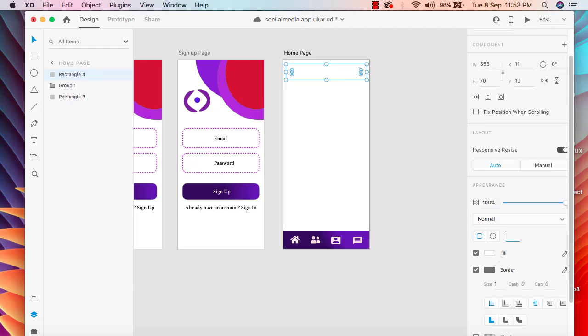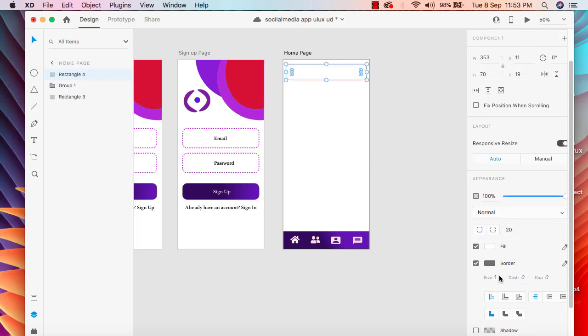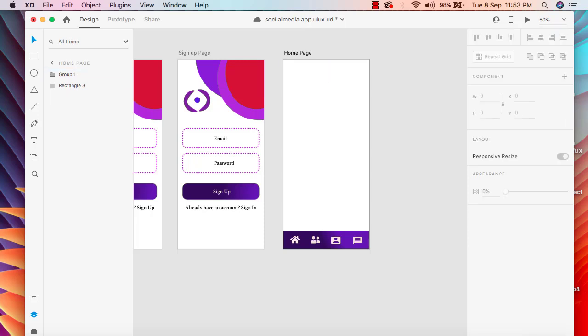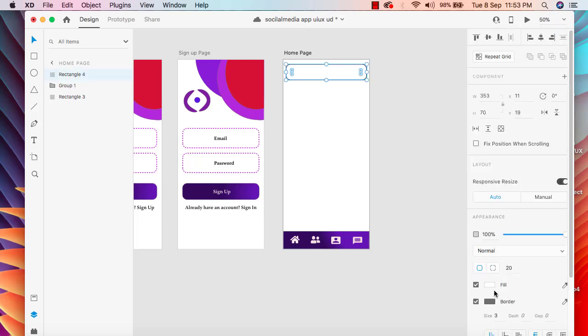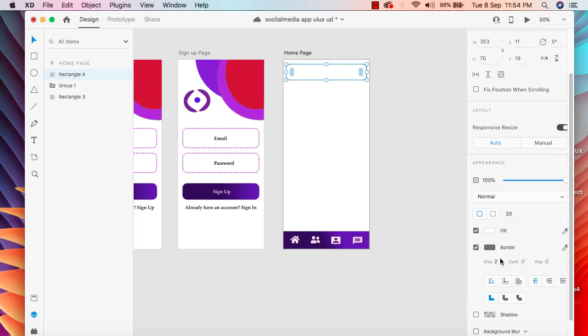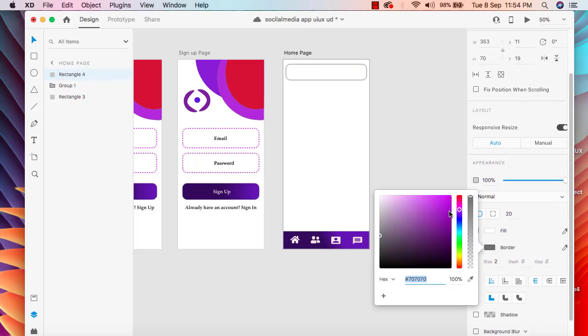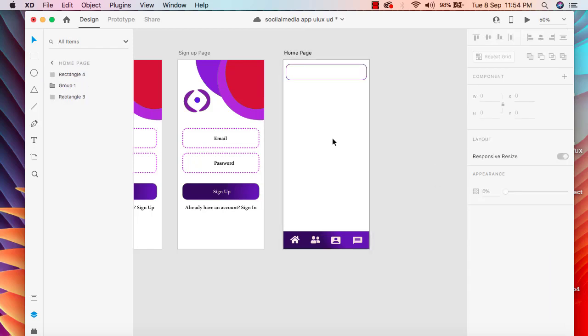All right, now we need to add a radius here. Add radius 20, and then add the size of this border. We can add 3, or I guess 2 will be good. I'm sorry, I guess 2 will be good here. Add 2. All right, so now it looks pretty good. And then I'm gonna change the color of the border. So choose this color, and right here and in here we need to have an icon and a text that